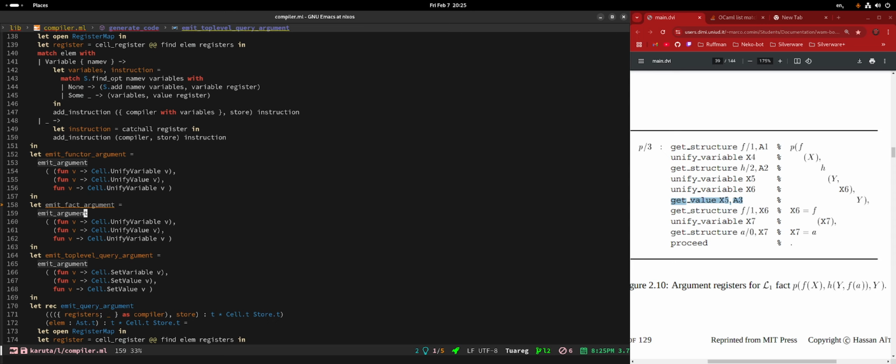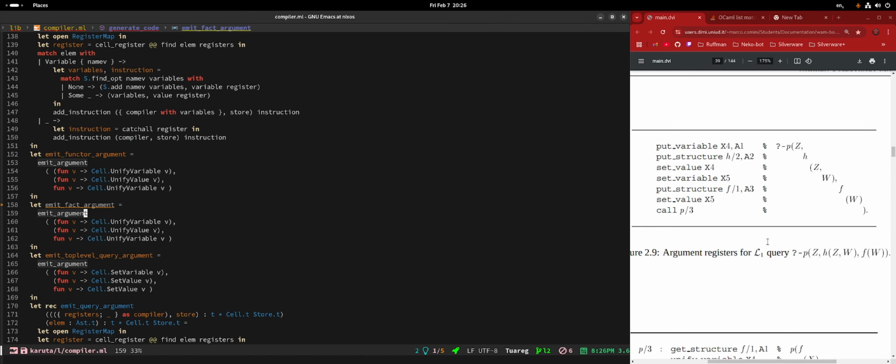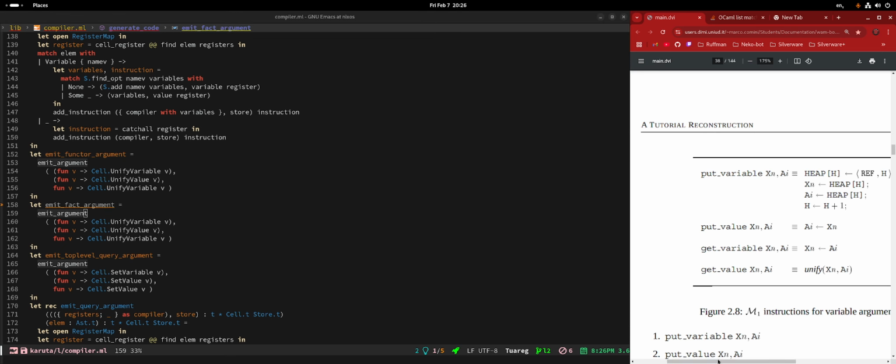Here's the problem though. Get value takes two arguments, right? It takes two registers. Yes. Didn't we have a similar discussion about this when we were working on the queries? About two instructions that are basically the same, but one takes two parameters, two registers, and the other takes one? I think we had the discussion about the put variable. Let's see the code for get value.